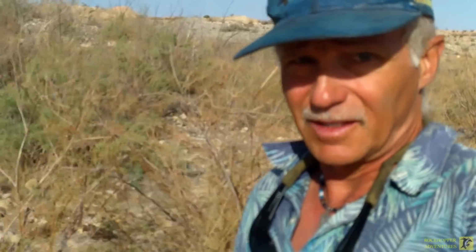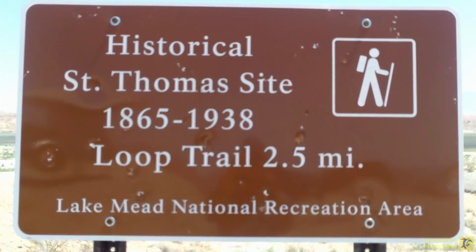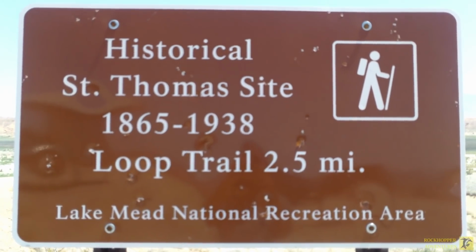We're heading toward the town of St. Thomas, or what was the town of St. Thomas, in Nevada, in the Lake Mead National Recreation Area, and it was underwater for a long time since the mid-1930s. But because of the drought out west, it has now been exposed, so we can see it, or what's left of it anyway. It's a 2.5-mile hike from the parking lot to the main set of ruins, so a